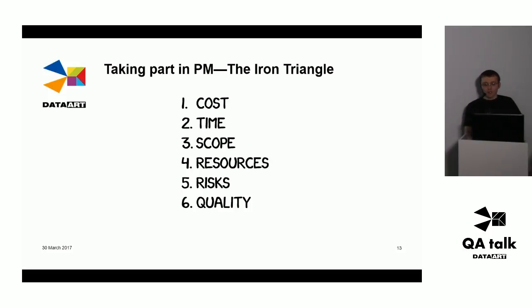So think of which constraints here are really fixed on the project level, on the product level. Think of what you can probably negotiate. If you can't, just understand the rules of your game, understand why certain things are limited in a specific way, which constraints they are fighting with.